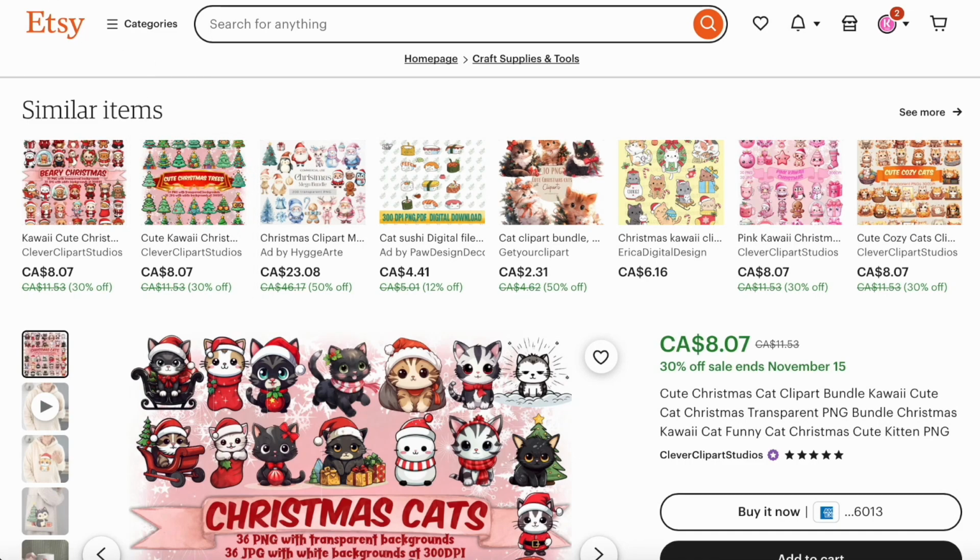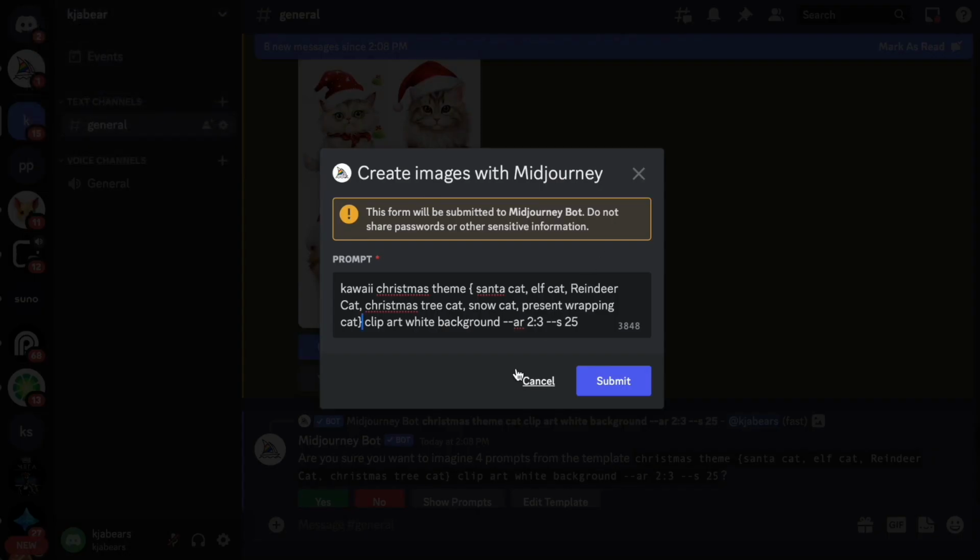So what I did was I went into my Midjourney, and this is my prompt that I put in. I put in Kawaii Christmas theme, and I put the brackets. I'll show you what these brackets mean. Instead of creating a prompt every single time, which is very time consuming, you put these brackets in. And you close it off with the brackets at the end, because that way it's going to give you all these different prompts here. So it's going to give me 1, 2, 3, 4, 5, 6 prompts, and then the aspect ratio, and then you're going to click submit,